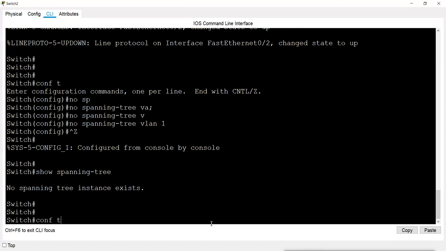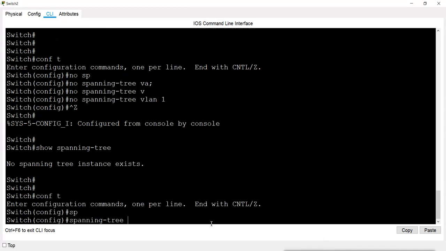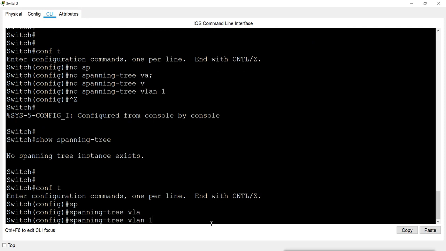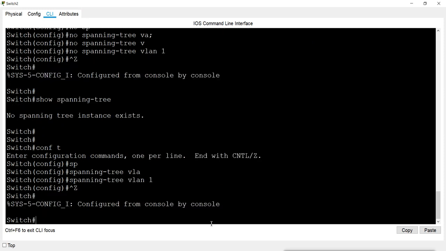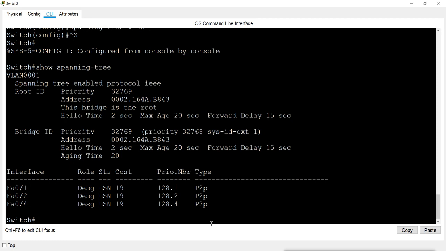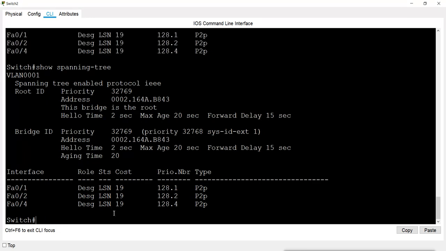And after that they will start STP and they will decide the root port and designated port, and now you see they are in listening state. And then after that they will go to the learning state. Now they are in learning state.